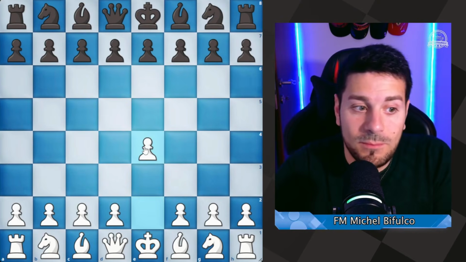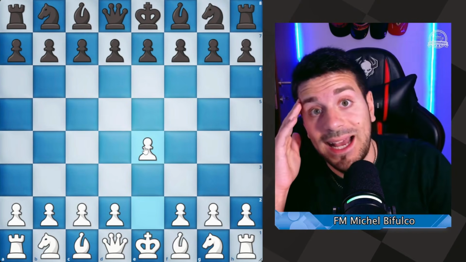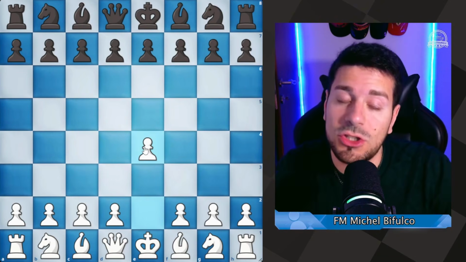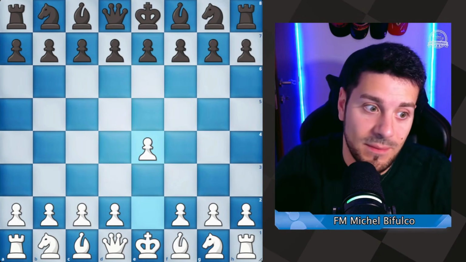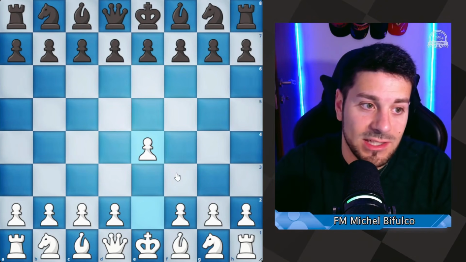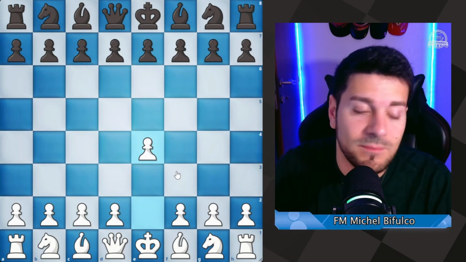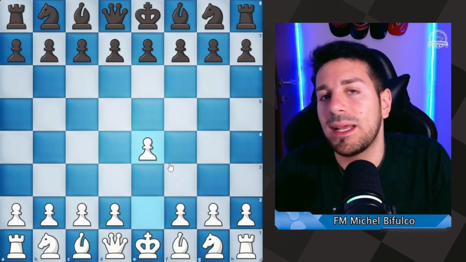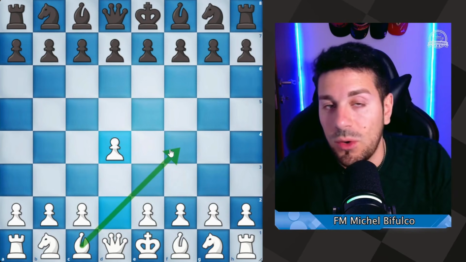Why the move e4? It is the strongest move of all, both for beginners and intermediate players, because in the early stages of your chess journey, a very important aspect is tactics. So from this point of view, the move 1.e4 allows us to enter very aggressive positions. Generally, we're talking about the famous open game. This doesn't mean that with 1.e4 there are only open positions, but generally we have more open positions,